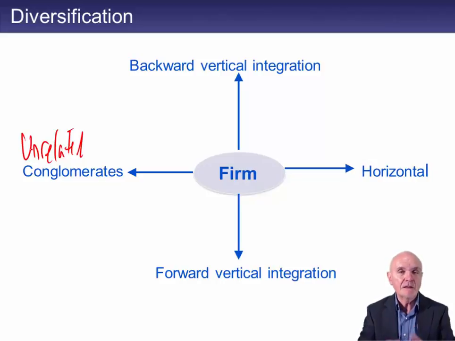If you ask the directors of a company why they have gone for unrelated conglomerate diversification, it will come out with all sorts of rubbish. One thing they might say is synergy. Synergy is where you say the two together will operate more efficiently than being apart. They say we'll be able to combine IT departments, combine head offices, and make all sorts of economies of scale because we're combined.